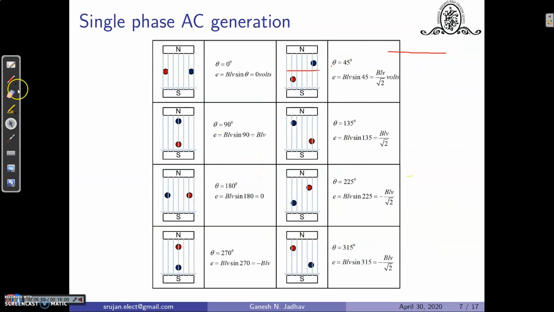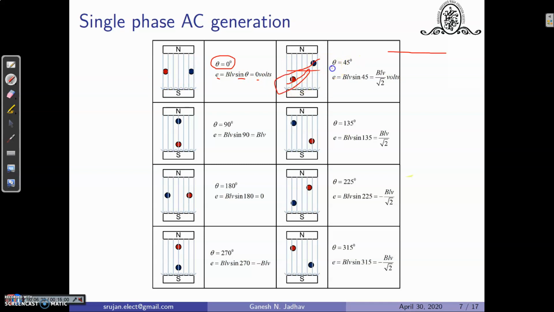According to coil position, we will understand what the EMF induced is. See that this coil is placed at a 0 degree displacement with the magnetic field, that is, theta is equal to 0 degree. Substituting, sine theta is equal to 0. So the EMF induced at this position is equal to 0. Let the coil be rotated by 45 degrees. So now the coil is rotated by 45 degrees here.